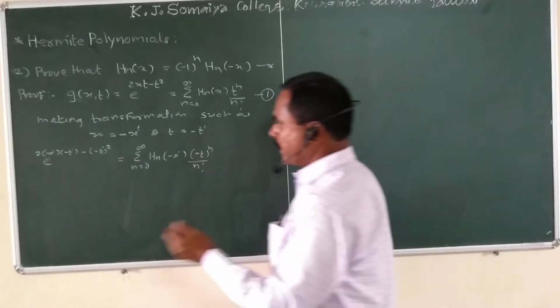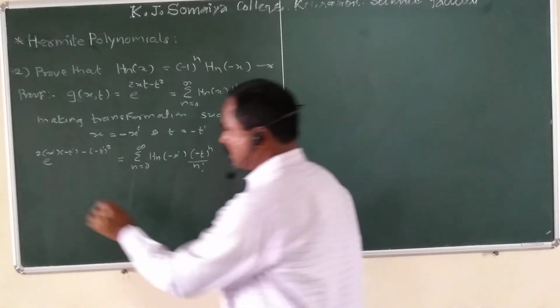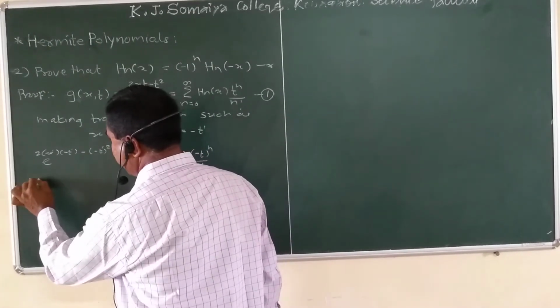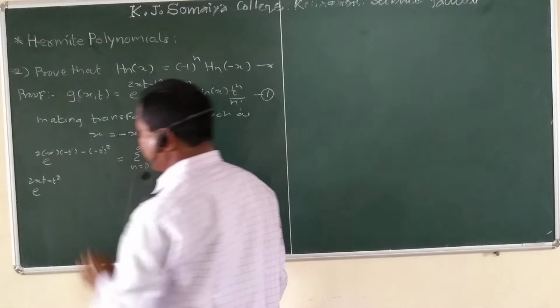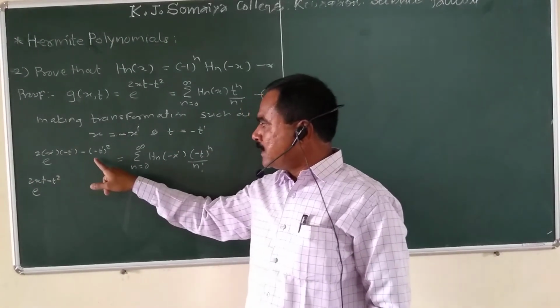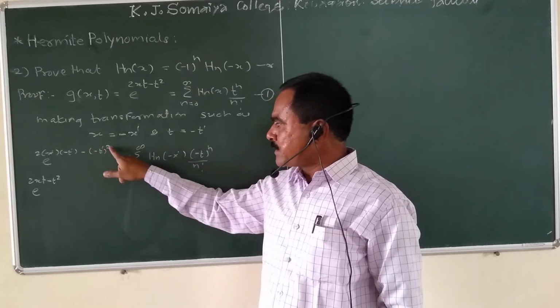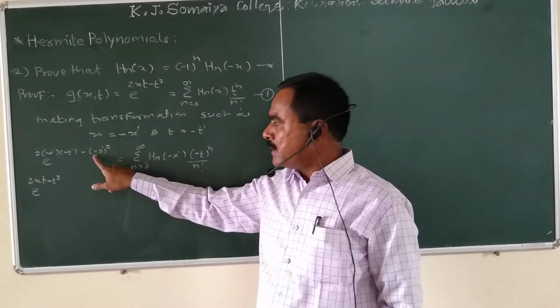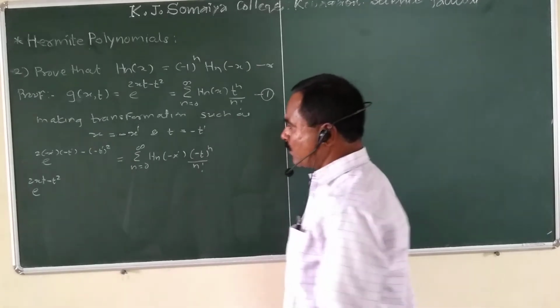So in next step we write e raised to 2xt minus t square, because minus minus is plus, and t dash square gets plus, so negative sign as it is,